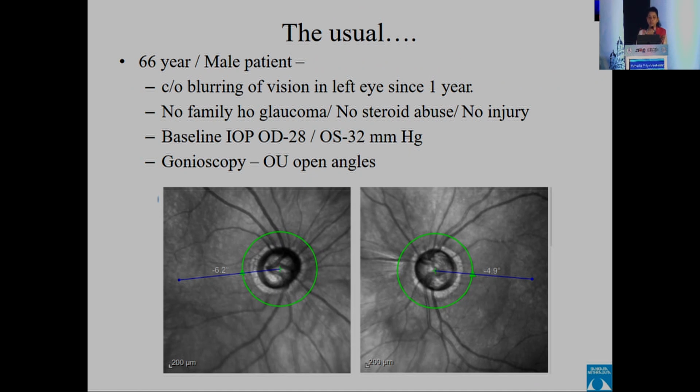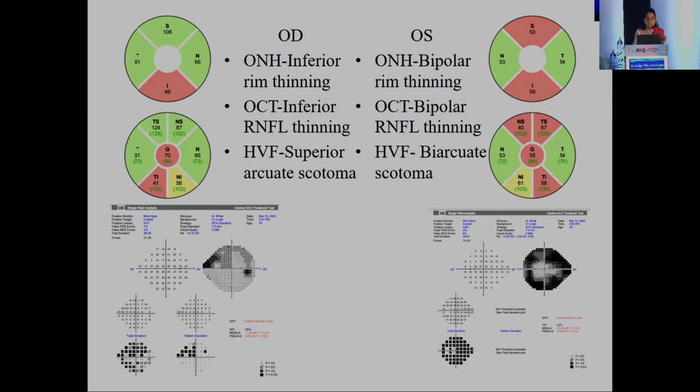So this is a usual picture that we see in our glaucoma OPDs. We have a middle-aged person coming with blurring of some eye, no family history, no significant history. IOPs are on the higher side, gonioscopy open angles, borderline. Discs show typical glaucomatous damage. The right eye shows inferior rim thinning, the left eye shows bipolar thinning with excavation. The structural reports also correspond similarly on any structural investigation, here in this case OCT RNFL, and the visual fields correspond to inferior rim thinning showing a superior arcuate in the right eye and bipolar thinning showing a biarcuate scotoma